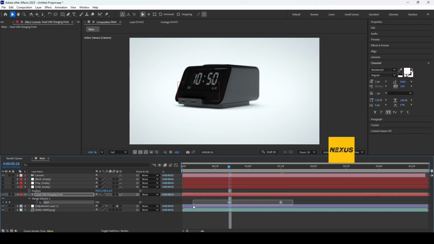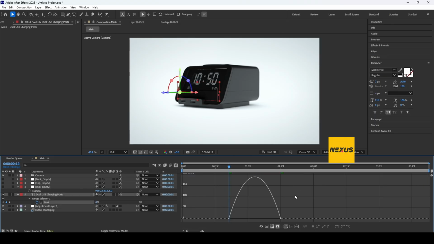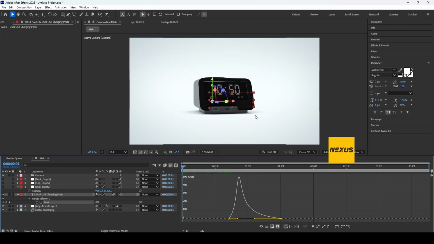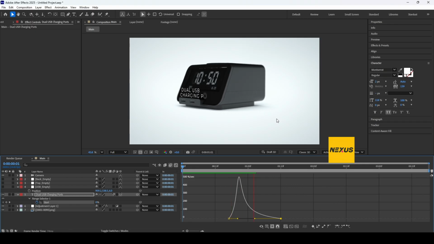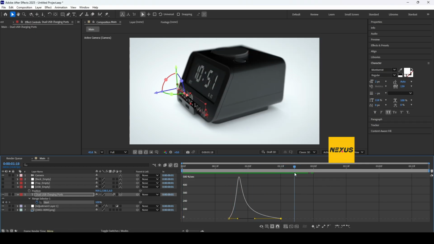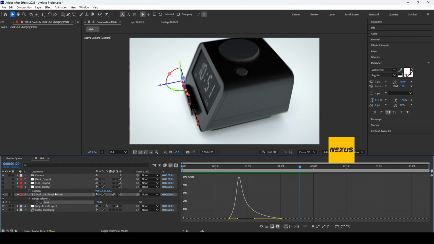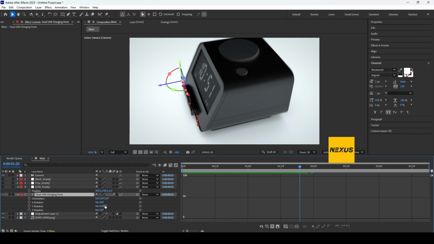Select both and F9, go here. I will change this to something like that. Enable the motion blur. So right now, if you just play, okay, we have to play with the rotation a little bit, something like this. Okay,